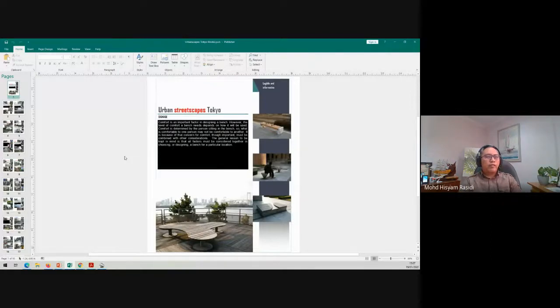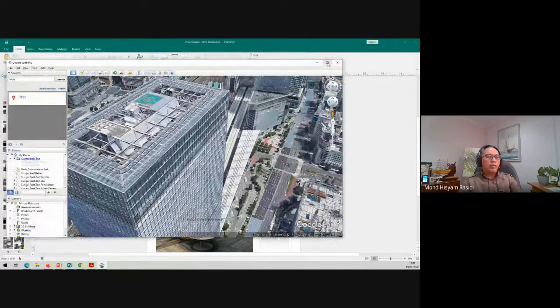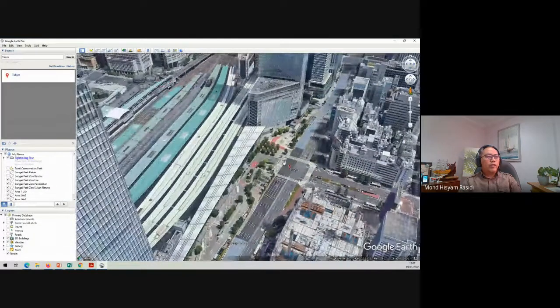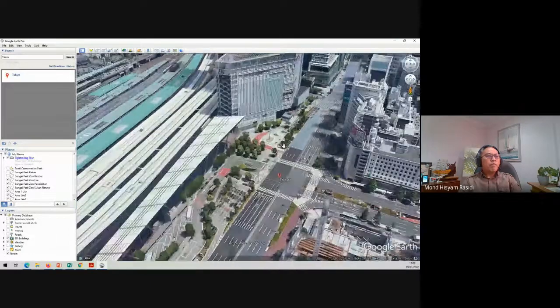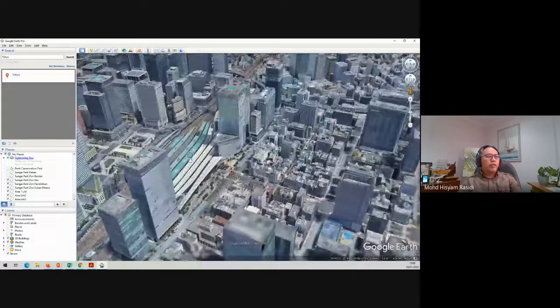And of course, Tokyo is a very busy city. And if you can see from this Google Earth image, I'm not sure whether this is snowing or not. So this is at Tokyo station, right? This is Tokyo station, very big. And what you can see there,